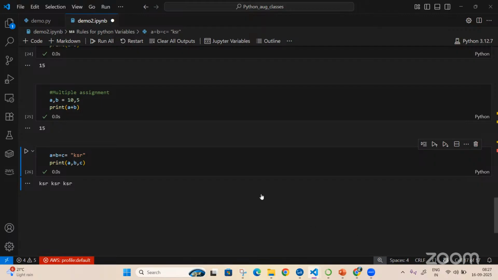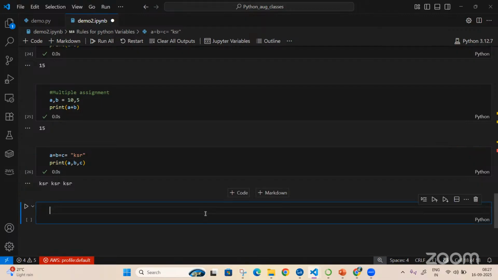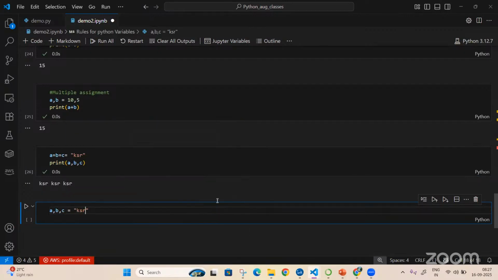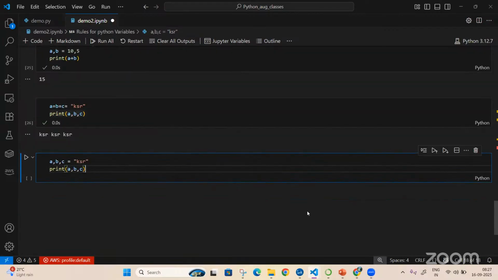Now the same thing. A comma B comma C equal to KSR. What will be the output? What do you guys think? Just a random guess. Same? Others?